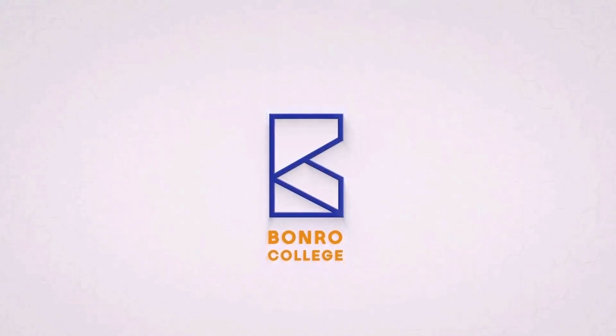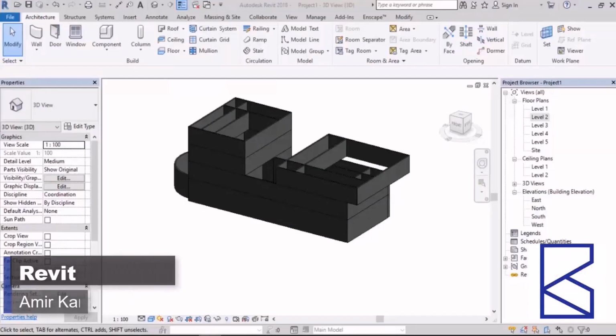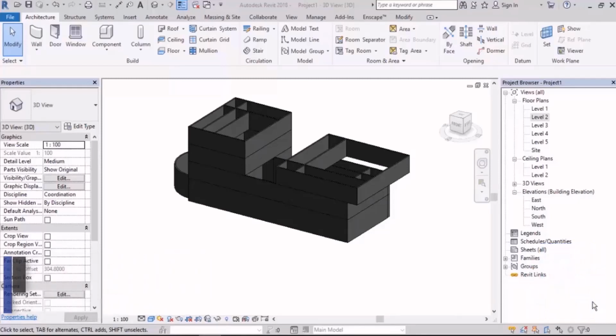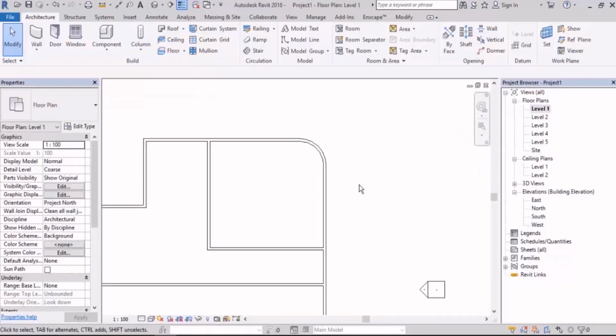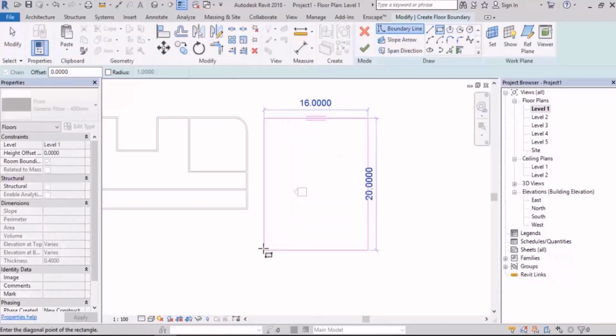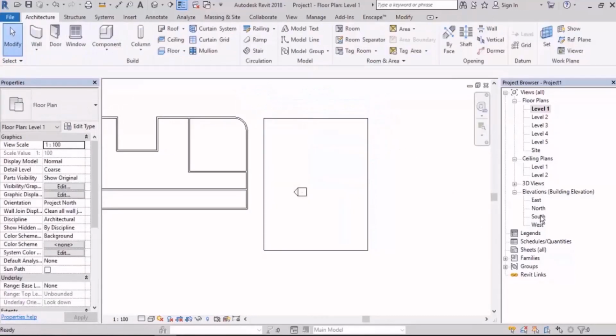In the next level, we should draw the roof and the floor of this project. In order to do it, we use the floor tool. Floor is a horizontal, thick plane that is exactly the same as our level. That means that, for example, if I'm in level 1 and draw a floor like a concrete slab,